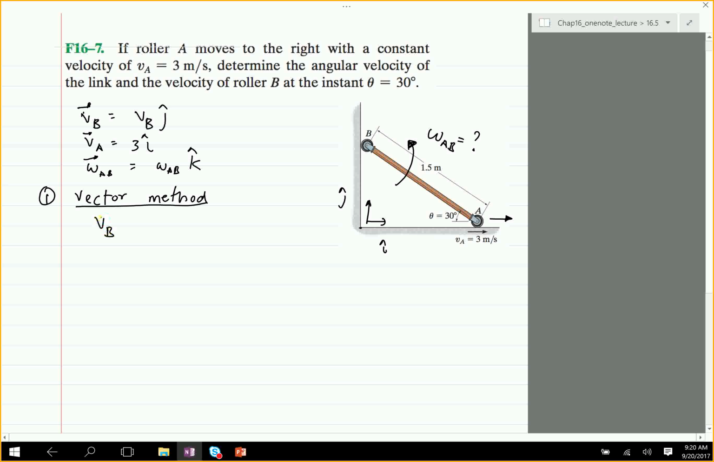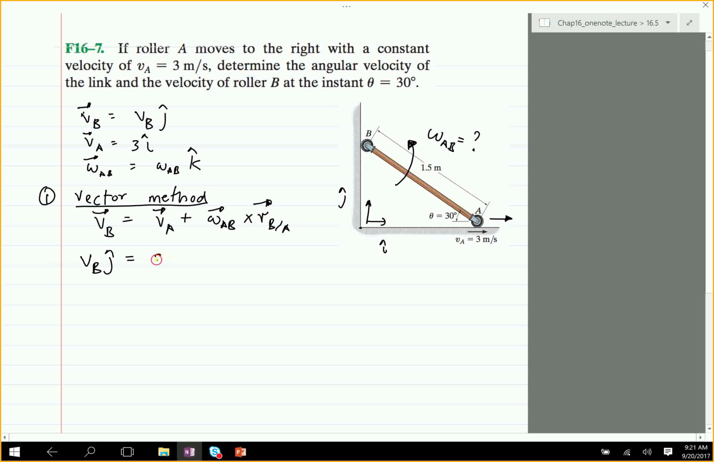So the vector method says velocity of B is velocity of A plus omega AB crossed with r B with respect to A. So all I have to do now is plug in velocities as vectors and then compare both sides. So I'll have i and j on the left side, i and j on the right side. So VB is VB j